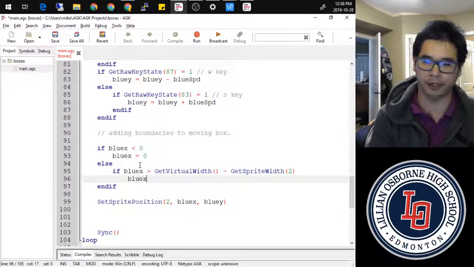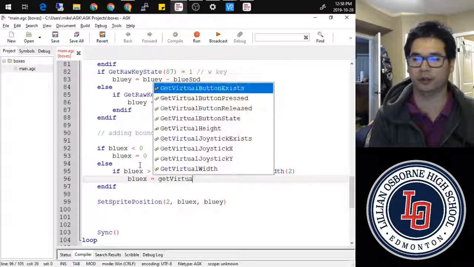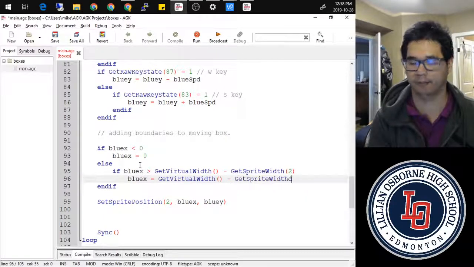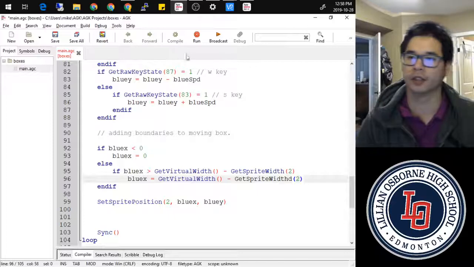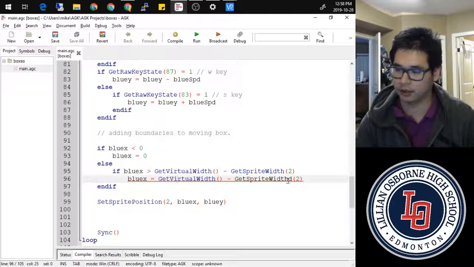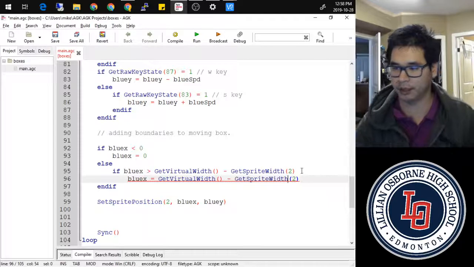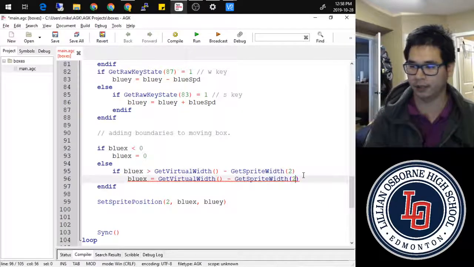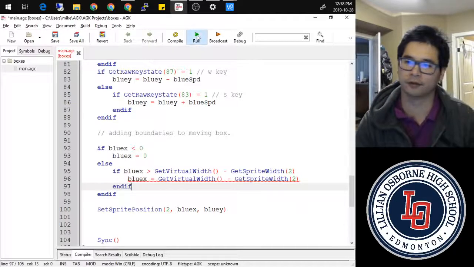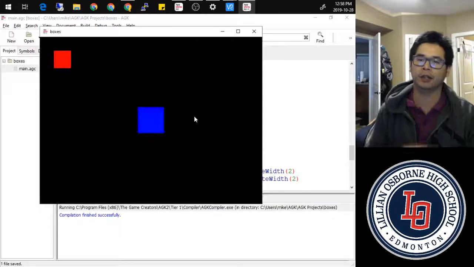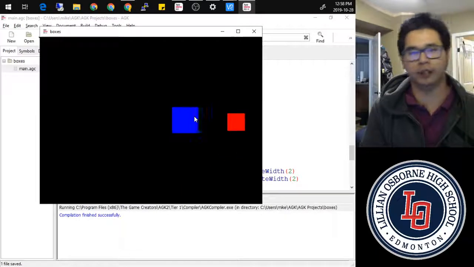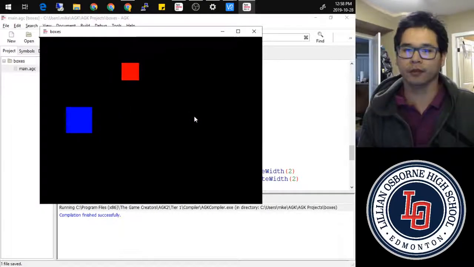So blue X is equal to get virtual width minus get sprite width of 2. So now with this addition, and with spelling correct, and also with making sure that I have the correct end ifs, then when this runs, when I go all the way to the right side, it'll stop, and when I go all the way to the left side, it'll stop.